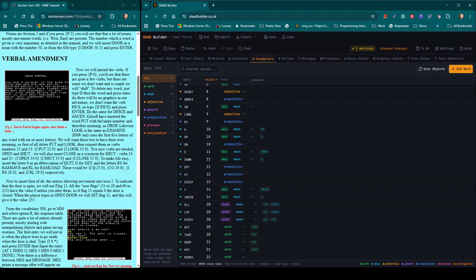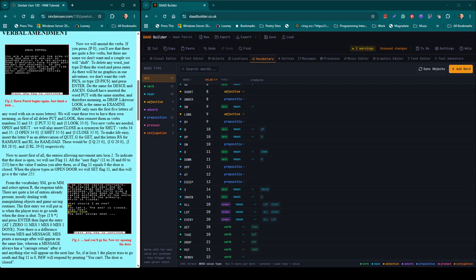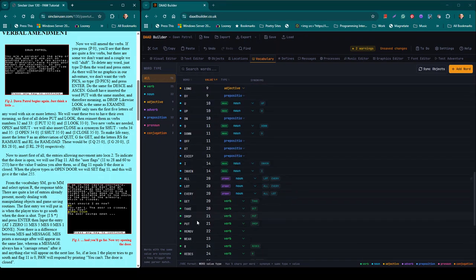So Gilsoft have inserted the word put with the same number and the same meaning as drop, and look is the same as examine. Look and examine is always the one that used to annoy me as being the same thing. I think looking at something and examining something is quite different. So we want these two to have their own meanings. First of all, delete put and look and reinsert them as verbs. So we can go down to put,